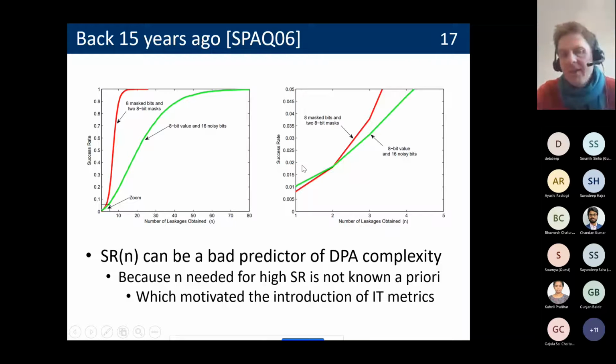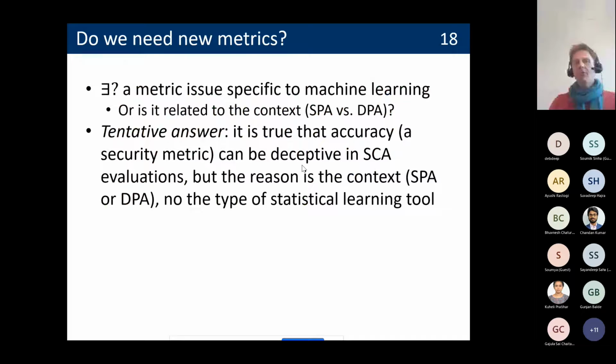What's the problem here is that it's essentially expected, because the number of traces that you need to recover the key with a high success rate is not known a priori. And if you think about it, that's exactly what motivated the introduction of information theoretic metrics. So essentially, what we see on this figure is the same kind of problem that we face with accuracy in machine learning. So if I go back to the question, do we have a metric issue specific to machine learning, or is it related to the context, like SPA versus DPA, the tentative answer is really,